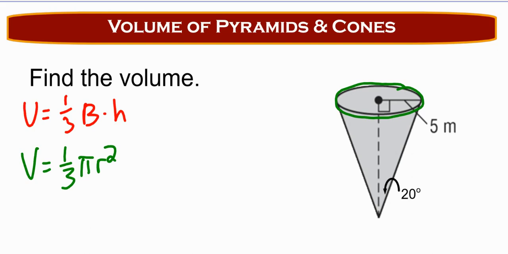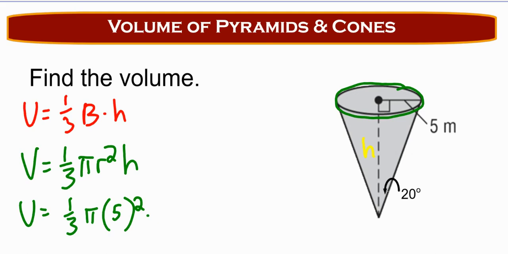And we don't necessarily have the true height yet, so we are going to have to find that one. So volume equals 1/3 pi times our radius, 5, squared times our height. Well, we don't have that, but we know information about this triangle